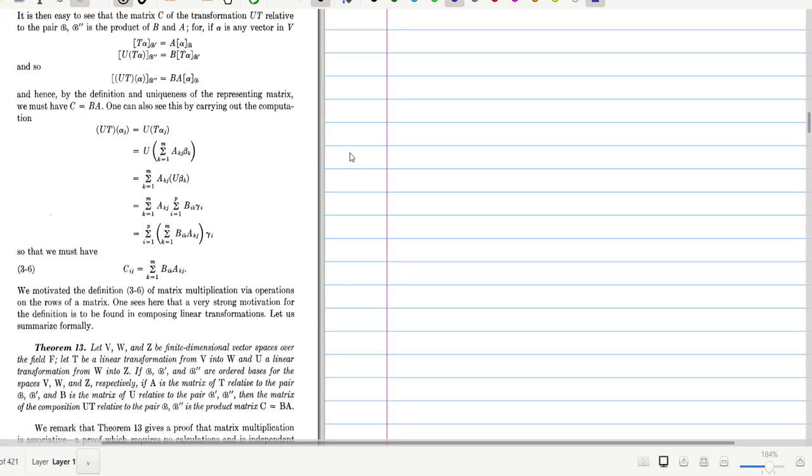Next we will discuss the most interesting result of chapter 3. In this section we will discuss the matrix representation of the composition of two linear transformations. Let T be a linear transformation